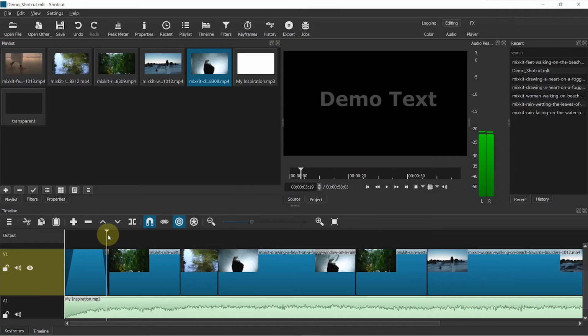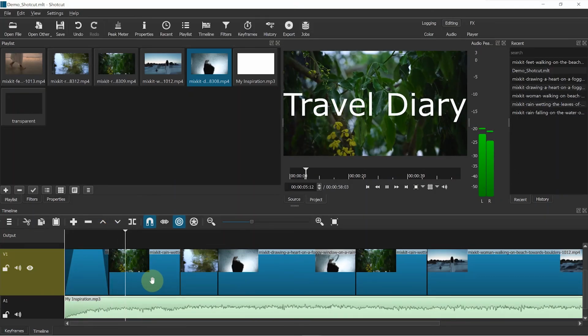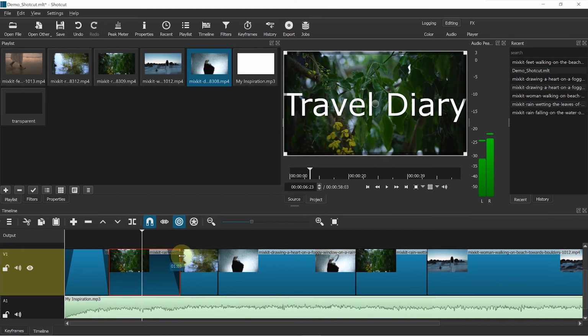Next, we will talk about transition effects. Like I showed you on the title, you can use that fade in and fade out transition on video clips also. Like this.